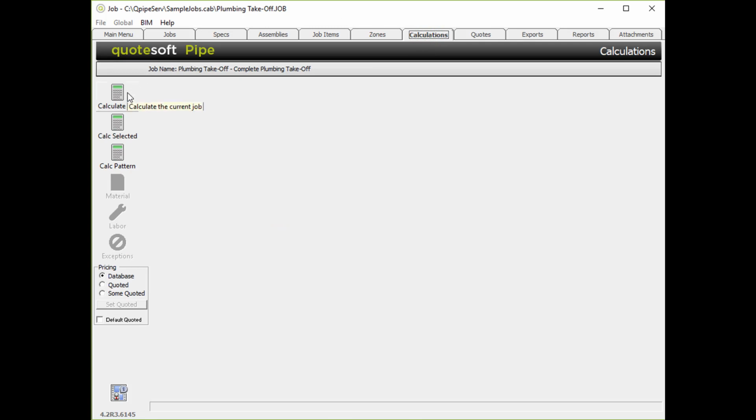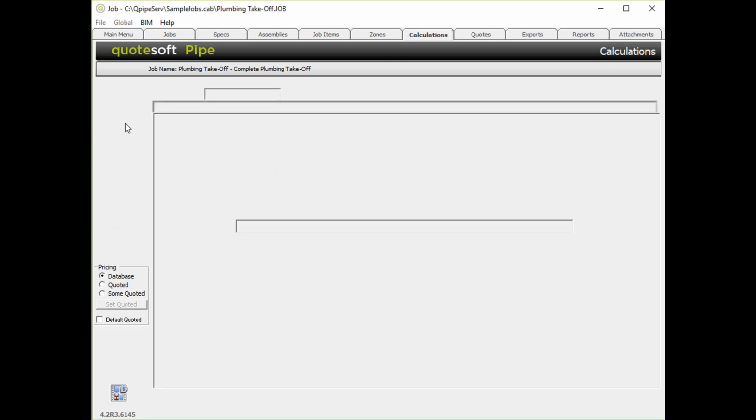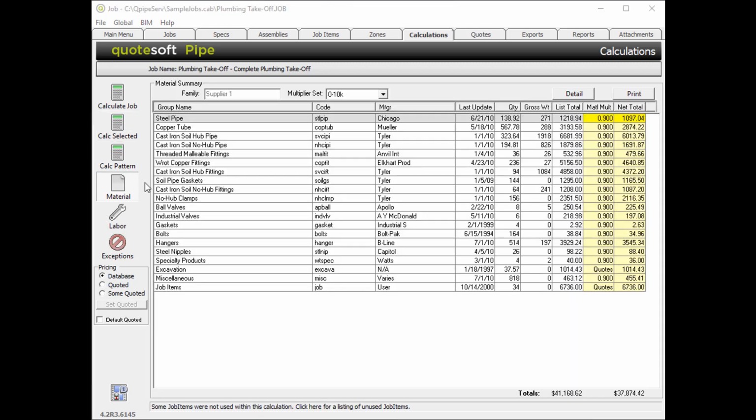Remember, Calculate Job will calculate every zone in the project. For this example, we only want to calculate the selected base bid zones. To do so, you will use Calc Selected. We have now established base bid value for materials